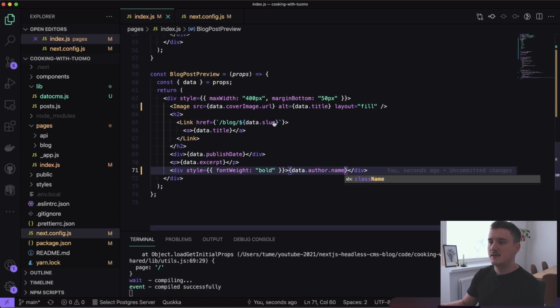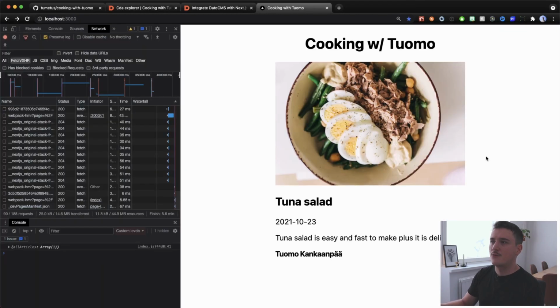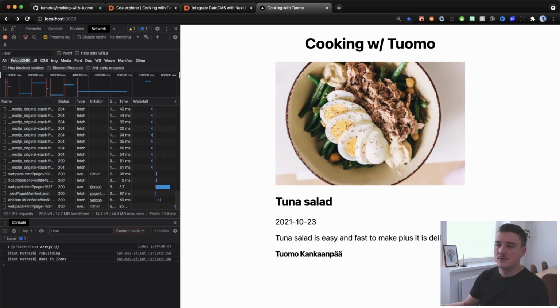Let's save it, check it out. Okay, so now we get our front page rendered without any errors. And since we only have one blog post in the CMS, it's only showing one blog post. So this looks good. But now that we are fetching the post data from the GraphQL API inside DatoCMS, and